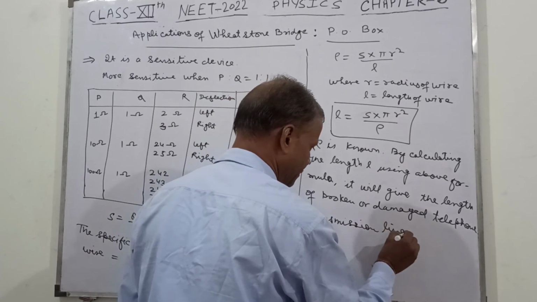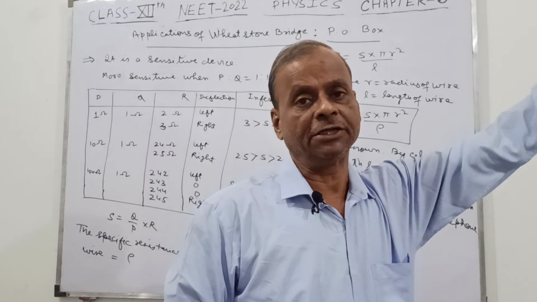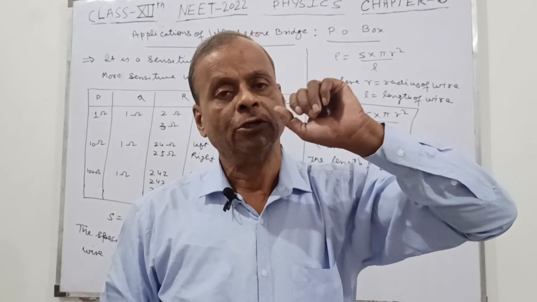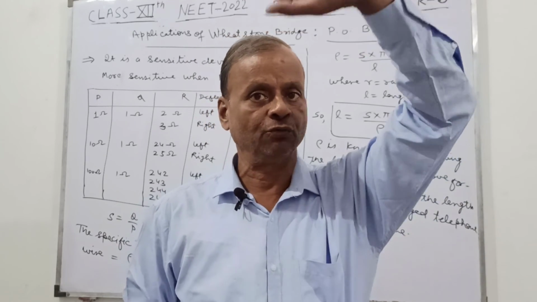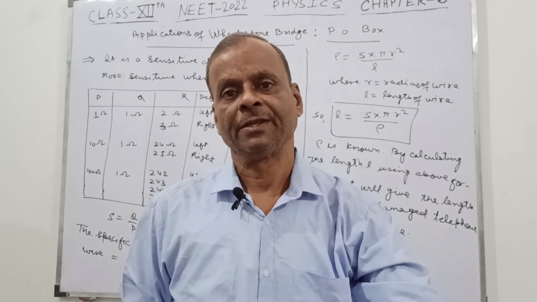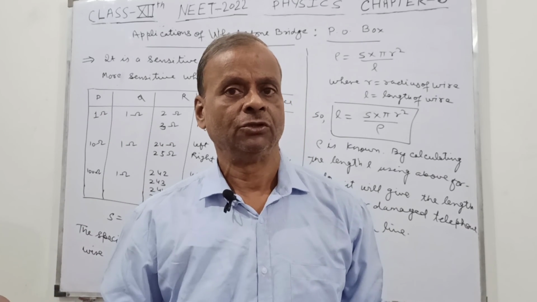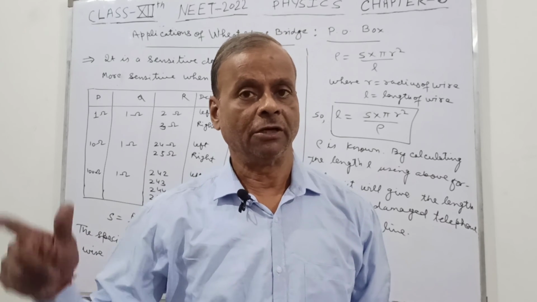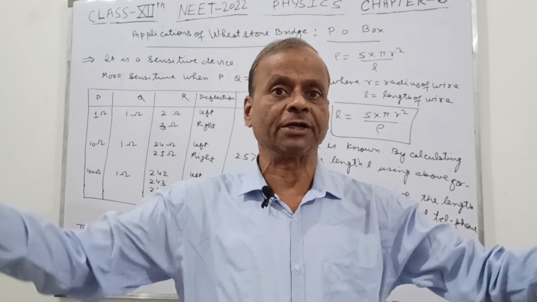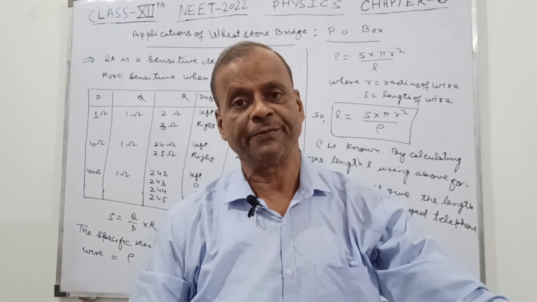ट्रांसमिशन लाइन। तो इसमें क्या होता है, जैसे ट्रांसमिशन लाइन काफ़ी लंबी जाती है, कई किलोमीटर तक होती है। तो सपोज करो कहीं तार टूट गया इसका, तो क्या होता है, तार टूट करके अर्थ में आ जाता है। यहाँ पर पोस्ट ऑफिस में भी हम क्या करते हैं, जो अननोन वायर होता है उस अननोन वायर को हम अर्थ कर देते हैं। तो अननोन वायर को अर्थ करने पर क्या होता है कि जो ऊपर का जो वायर होता है जहाँ से टूटा हुआ है, तो ये यहाँ पर अर्थ है, ये यहाँ पर अर्थ है, तो इसका मतलब